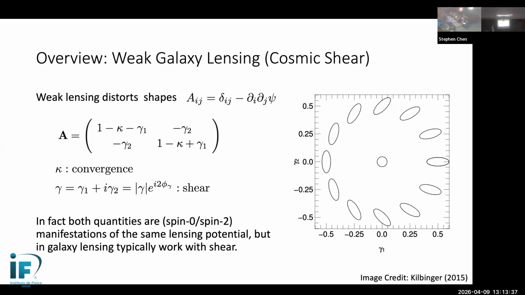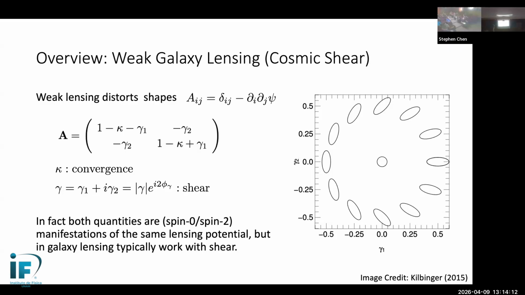And a nice mathematical property, of course, is that this shear is a spin 2 object. You can see that you go through one period by going one half. But of course, it's important to note that both of these quantities are derived originally from the lensing potential. So both kappa and gamma are really describing the same things. It's just a matter of how we measure them. And in weak lensing, we like to use the shear because it is harder to mimic a spin 2 distortion of the shape of a galaxy, versus we don't really know a priori the distribution of the sizes of galaxies, which is what we would have to do if we measure them from kappa.